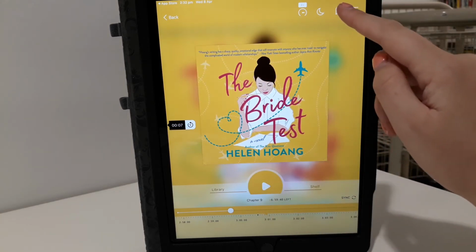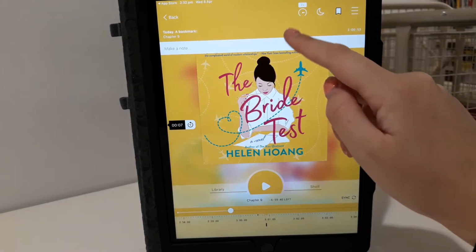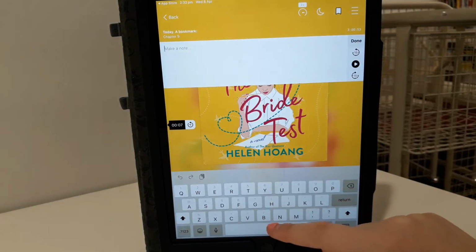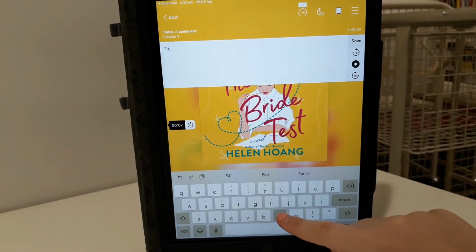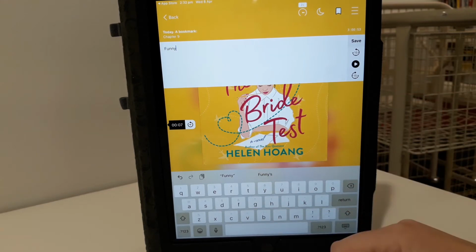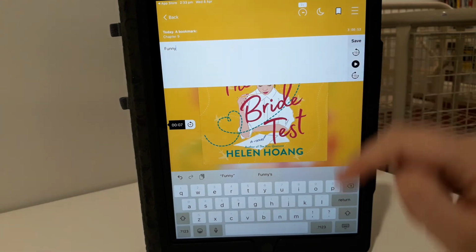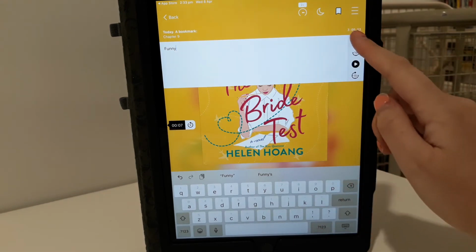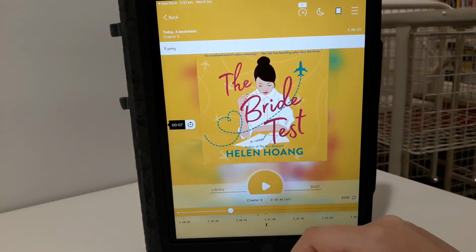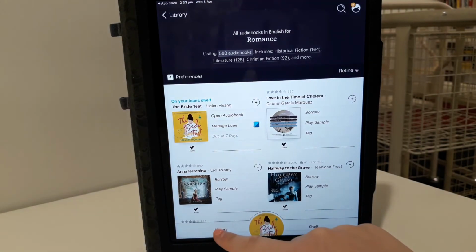There's also bookmarks. So we're in chapter 9. I can make a note in chapter 9 and just say funny. You know, say for instance, I'm in a book club and I want to tell everyone that this section in chapter 9 was funny. And I can save that. Cool. Excellent. So what I'm going to show you now is I'm going to go back into the library,